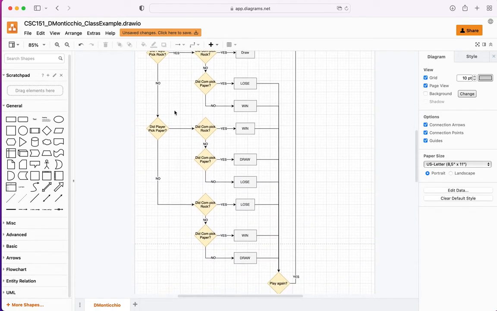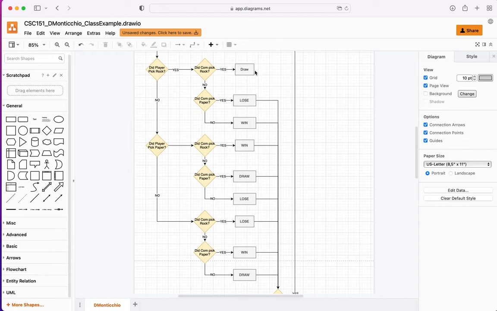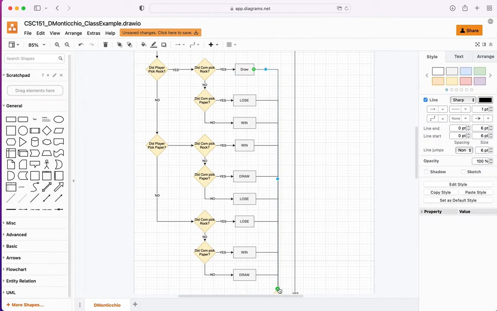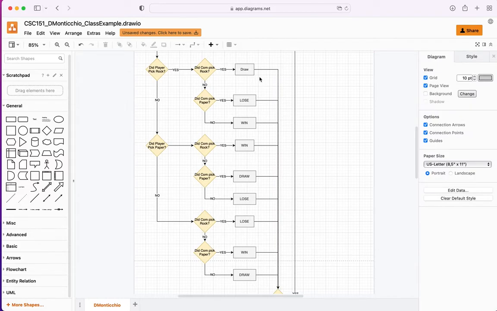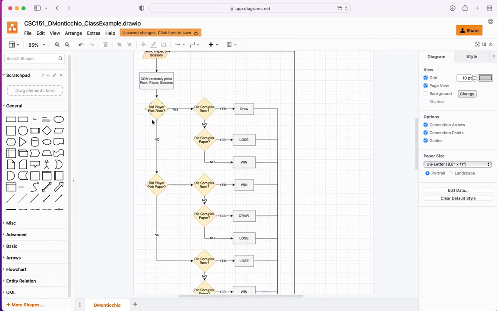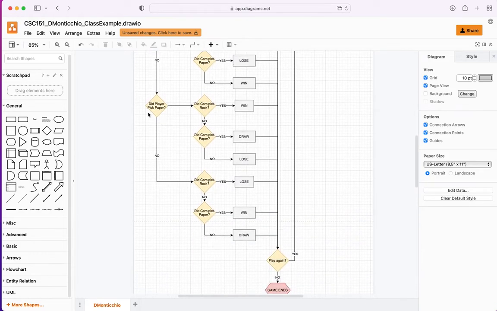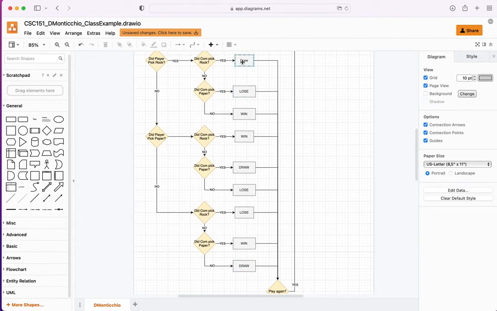And this is just how we break down all 9 possible outcomes. Excuse me, I thought I did. There we go. And that's how we would break down all 9 possible outcomes. Rock to paper, rock to scissors. Paper to rock, paper to paper, paper to scissors. Scissors to rock, scissors to paper, scissors to scissors. All 9 possible outcomes of